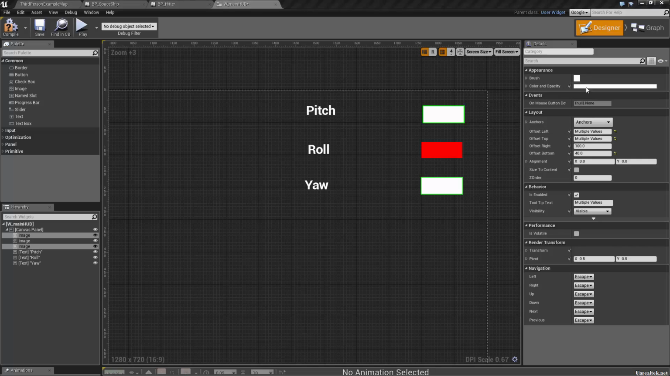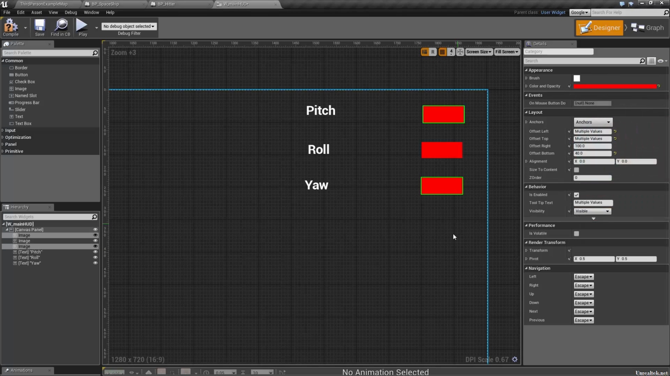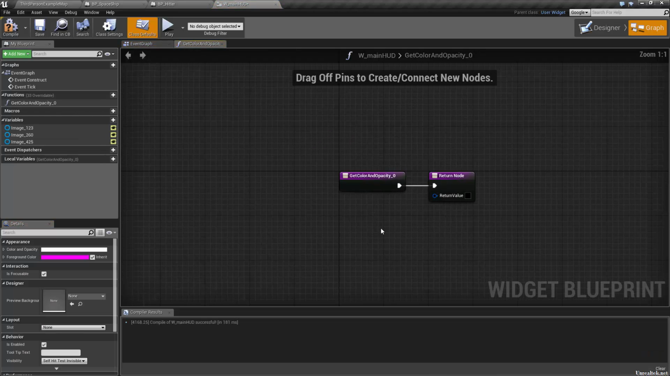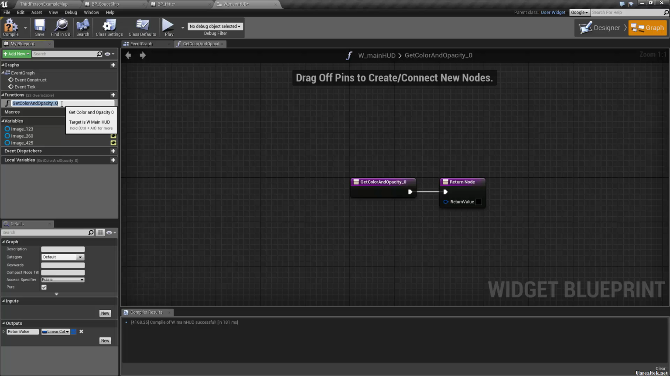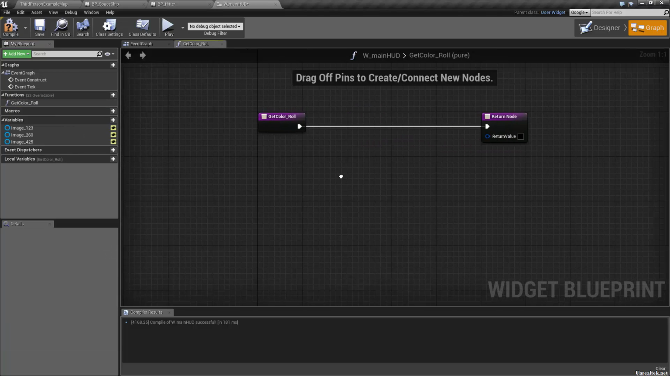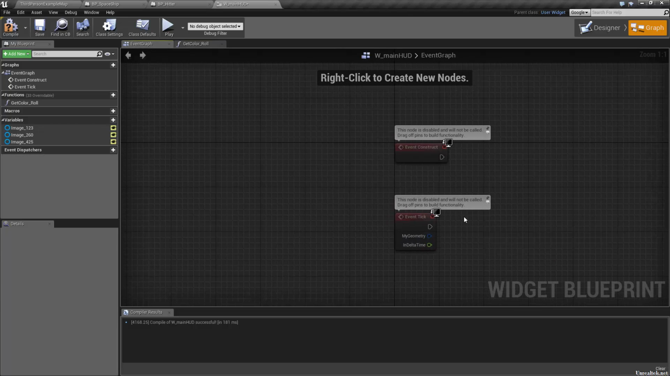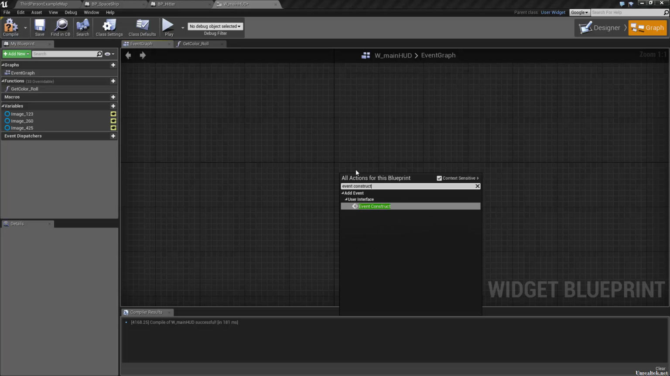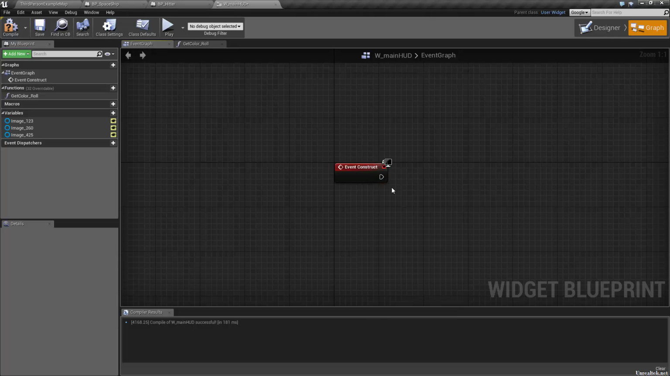Color and opacity like so, and then let's do something a little fancy. Go to the bind button and hit create binding, and let's call this get color underscore roll. What we're going to do here is check if the thrusters are on. Let's go to our event graph and delete everything. Let's go event construct. So when this widget is created, let's